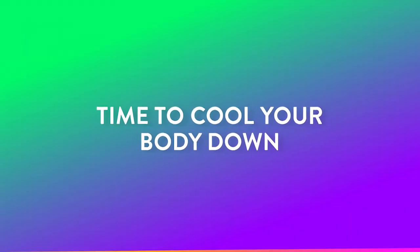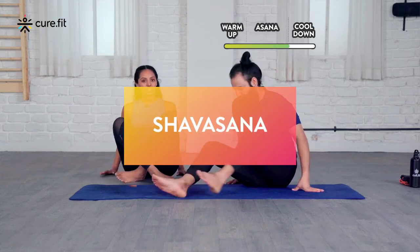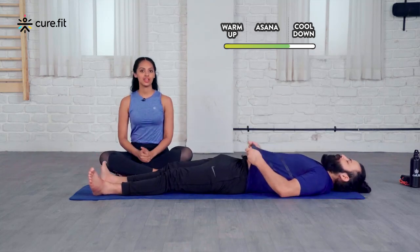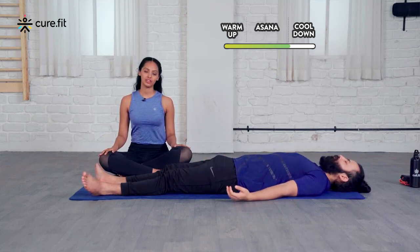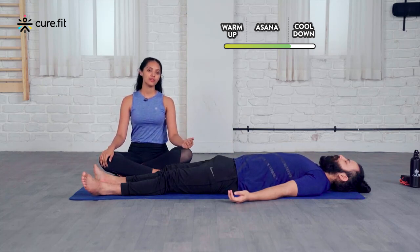Now that we're in this deep state of mind, let's lie down for our favorite Shavasana and relax ourselves even further. So come onto your mat to lie down in Shavasana. You're going to increase the distance between your legs. Hands comfortably placed beside the body, palms facing upwards. Feel your spine relax onto the mat, vertebra by vertebra, just sinking down,